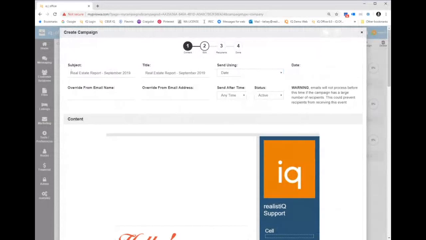So the first thing you're going to want to do is change the subject of the email. So perhaps this is market update 2019. When you're writing subject lines, think about what you would open. It's much easier to write content and think about what you would open. So if you wouldn't open an email that said market update 2019, but maybe you would open something that said real estate update,